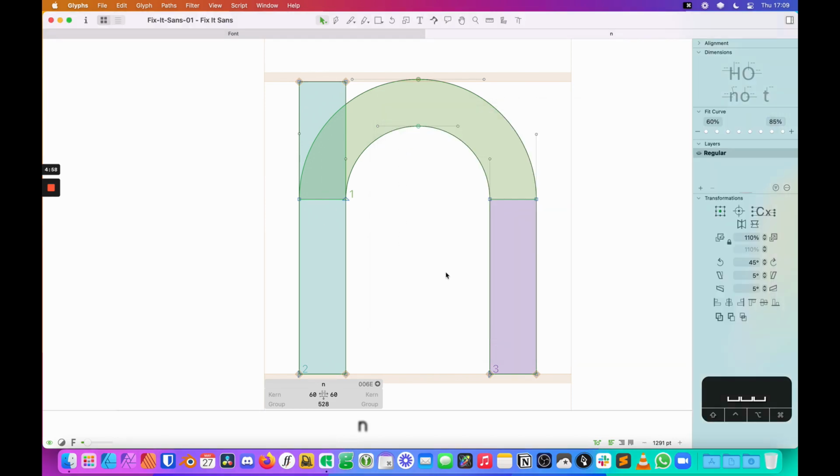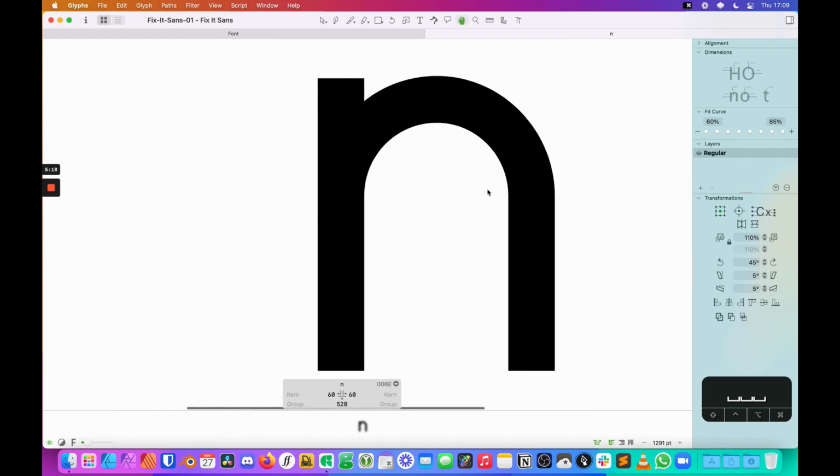As far as the font itself goes, nothing is super outrageous or exciting or anything like that. It is literally just what I told you at the start, that it's just as geometric as you can possibly get it. So let's talk a little bit about strokes and where I would start with this N.